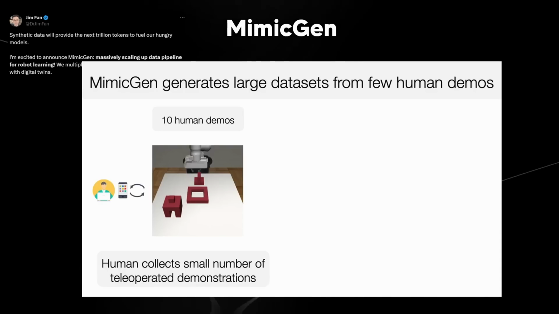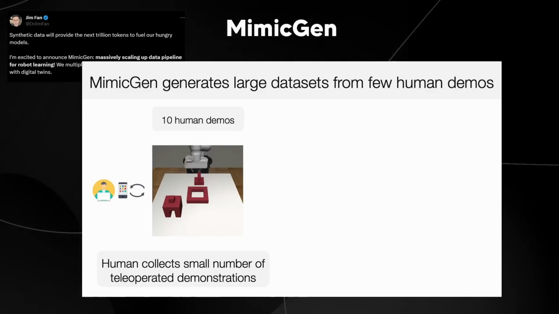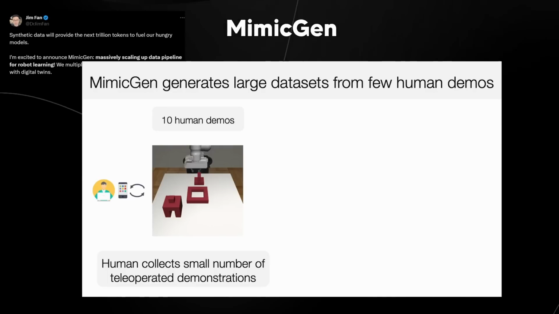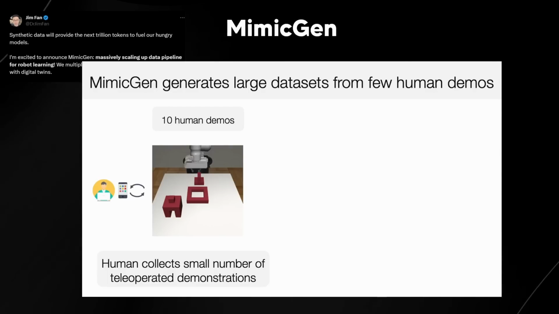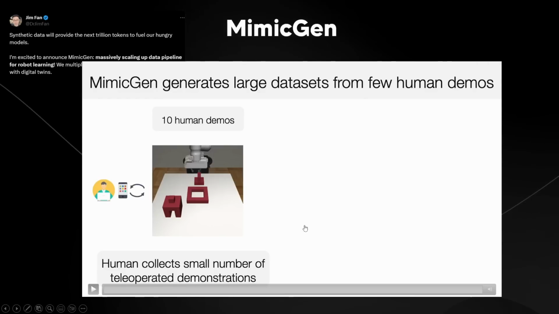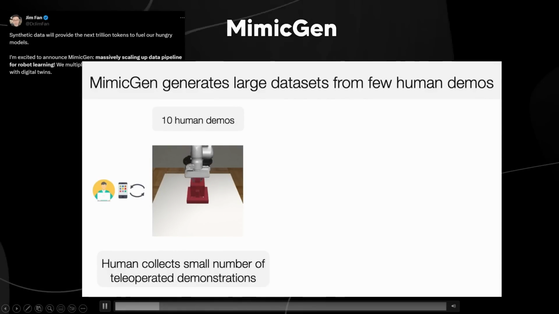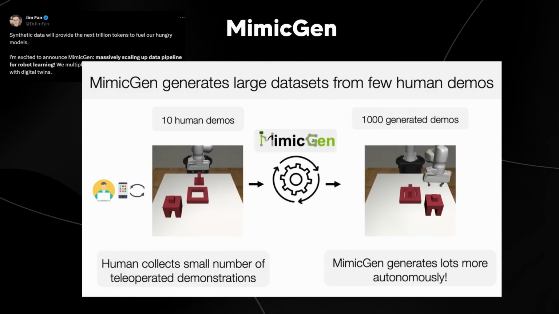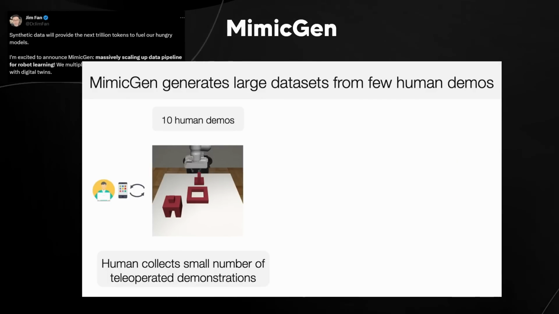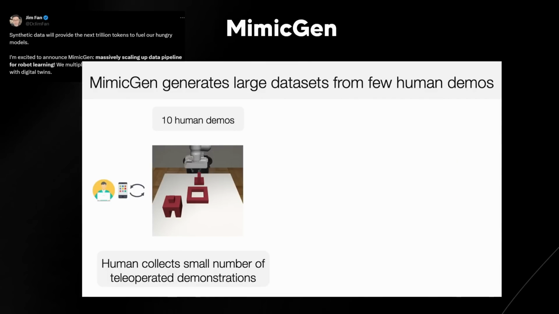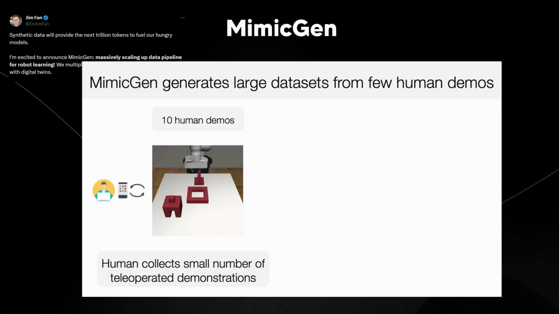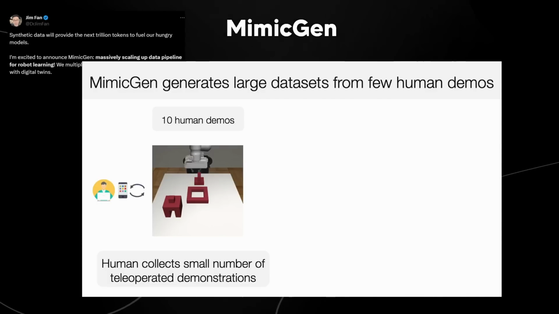So the idea pretty much was simple. Humans teleoperate the robot to complete a task. It's extremely high quality, but it's also slow and very expensive. And then essentially what they do after that is they create a digital twin of the robot and the scene in a high fidelity GPU simulated acceleration. Then we can now move objects around, replace with new assets, and even change the robot's hand and basically augment the training data with procedural generation. Then, essentially what you do is you export the successful episodes and feed that to a neural network.